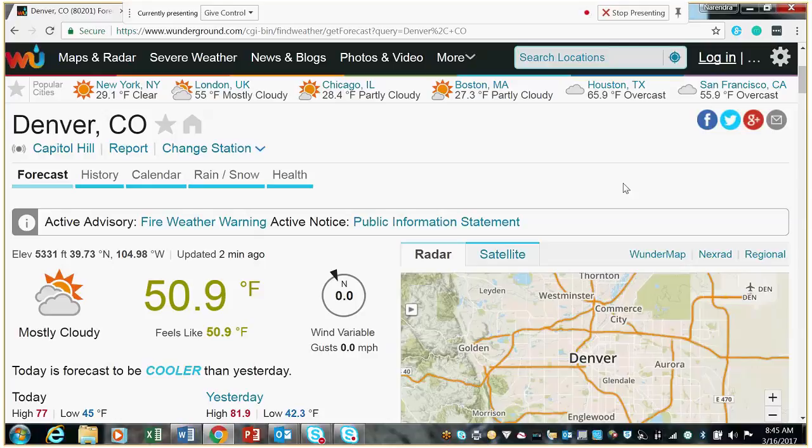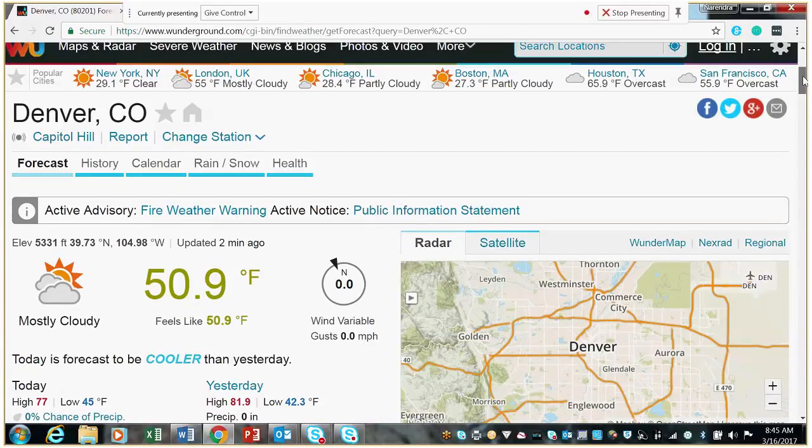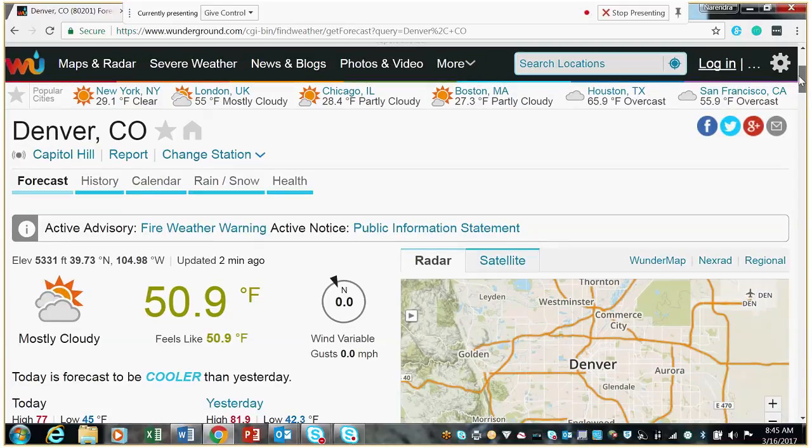So the tools that I'm going to use today really are all free, first of all, and they can be used really anywhere in the country. So I'm based out of Denver, so I'll be talking about specifically Denver, but you can really use these anywhere. So the main tool that I use for weather is